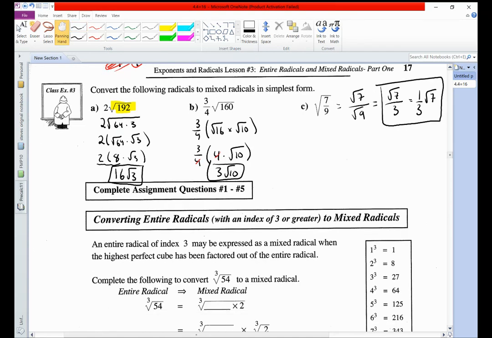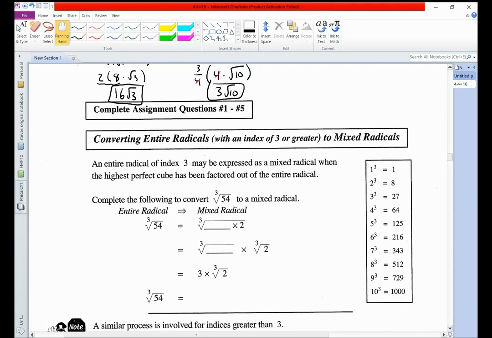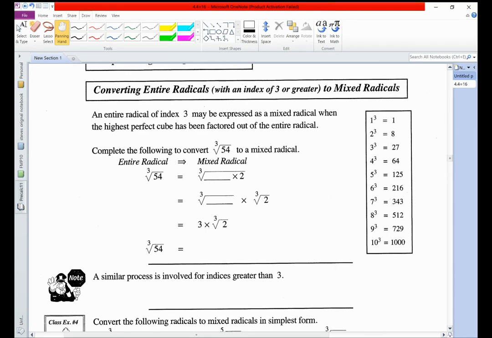So we're going to do the same thing, but with cube roots, and that gets a little bit trickier. People are less familiar with this list here, but it's the same process, but with perfect cubes. So the example they have here is the cube root of 54. So 54 can be written as 27 times 2, and 27 is one of our perfect cubes. So then we can say that it's the same as the cube root of 27